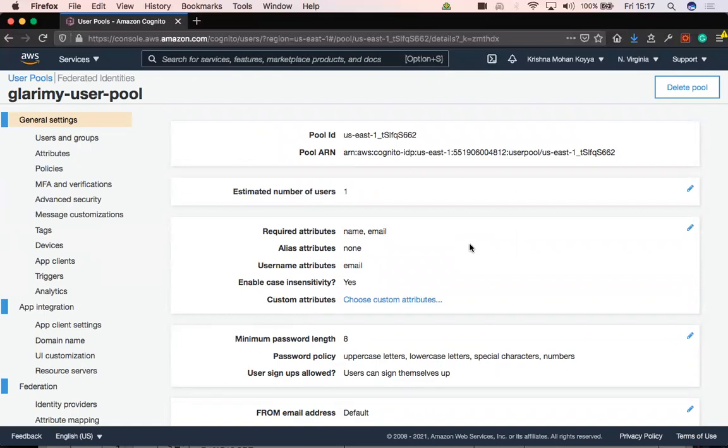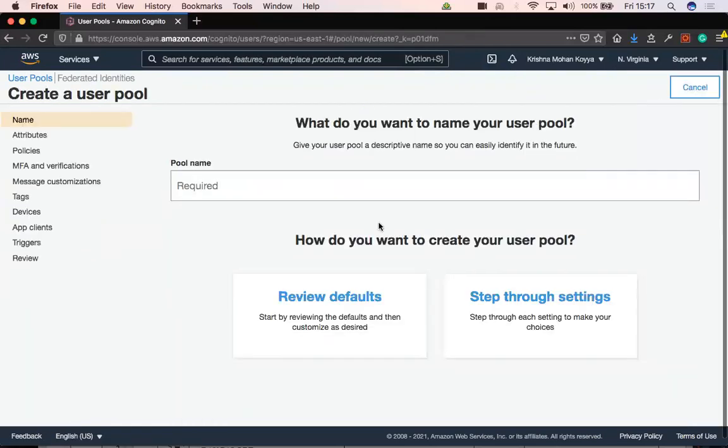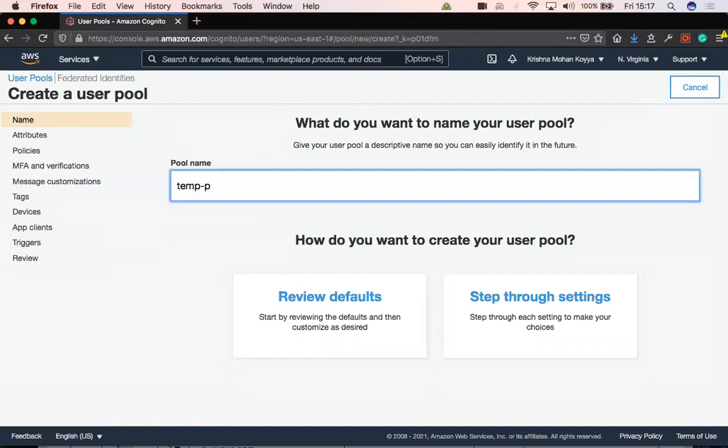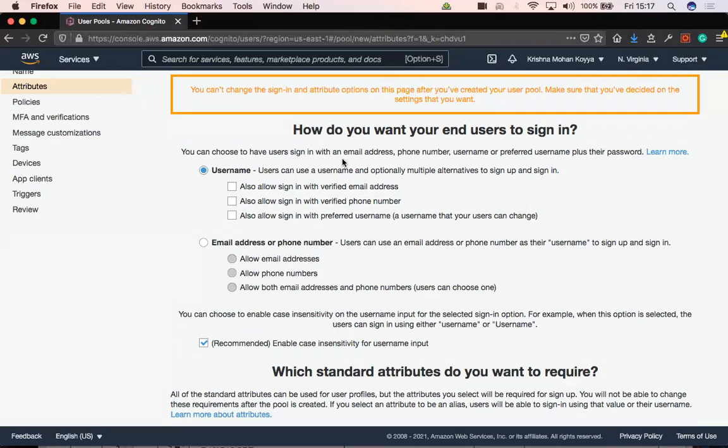We can create any number of such pools, right? Let's say, let me go back. If I want to create a new user pool, let me say temp pool. And then I need to set up these things. What do you want? Username based, fine. Is it email or phone or only email? I only said email, because if it is phone, I need to spend money on sending SMS and we need to purchase an SMS service. We don't want to get into all those unnecessary things. So I only said email and case sensitive user input.